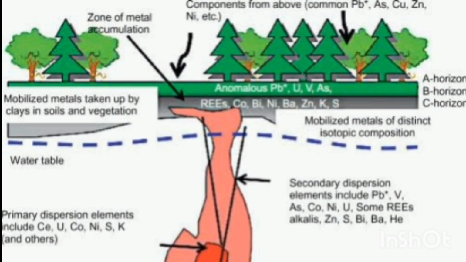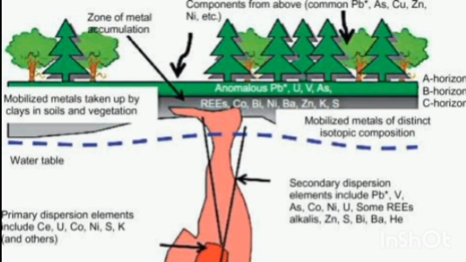Classification of ore based on the use of metal or mineral. The second one is base metal deposits, which include copper, lead, zinc, and nickel. We have ferrous metal deposits, which include iron, manganese, and chromium. We have the light metal deposits: aluminum, titanium, magnesium. We have high technology metals: rare earth elements, cobalt, tin, tungsten, molybdenum. We have energy metal deposits: uranium, thorium, lithium.